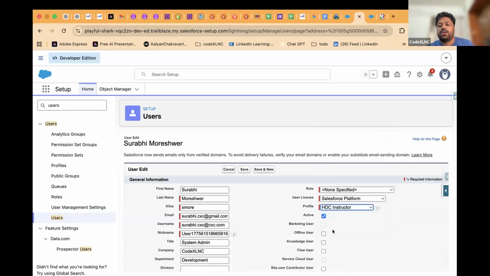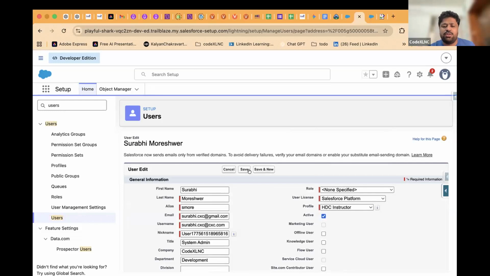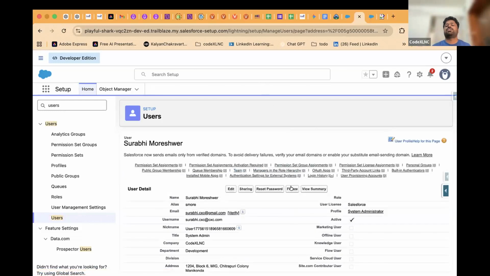Now, how to deactivate the user? Just unclicking this will deactivate the user. How to freeze the user? Just click on this freeze. So a temporary pause will happen to the user. So this is all about the users and